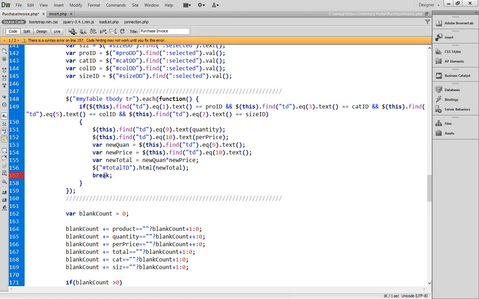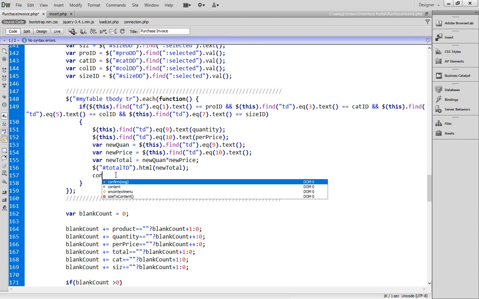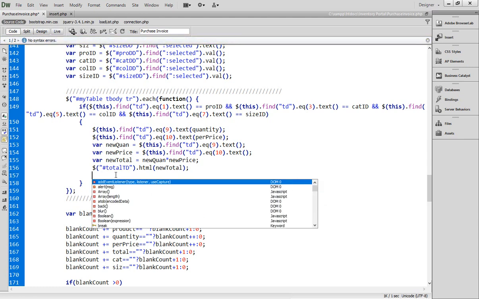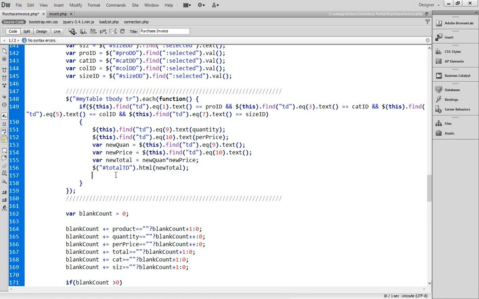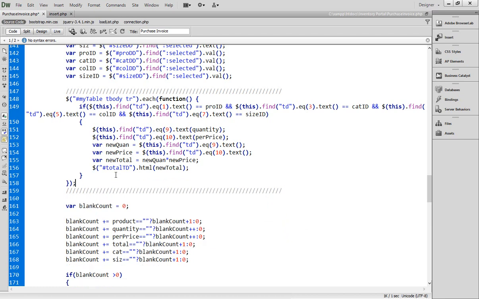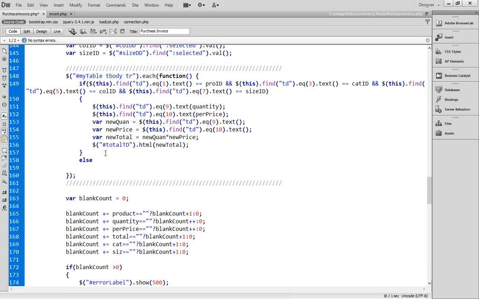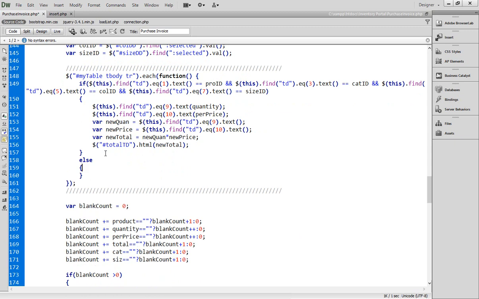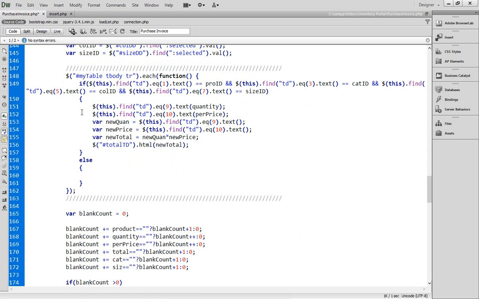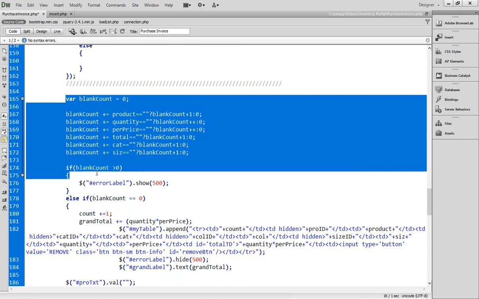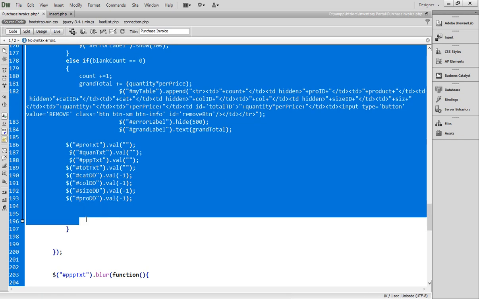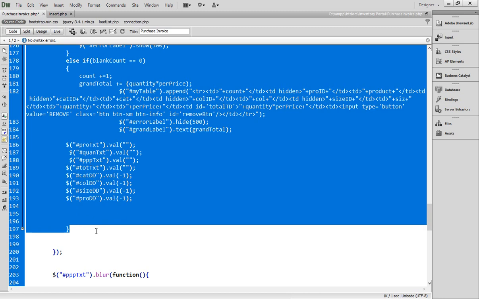Okay, your break is not working in this case. We can make continue as well, but this is an if else condition. Okay, so we have to add an else here, and come here and copy this whole code, that is this one, the blank count, and cut this out and paste